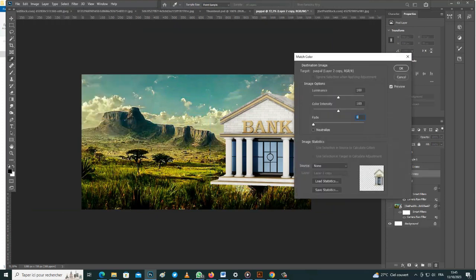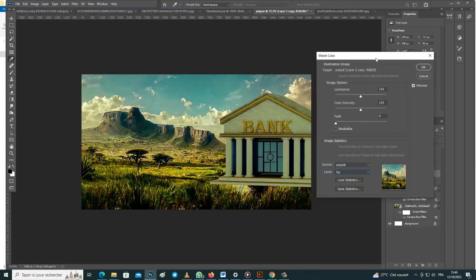So next I'm going to go to adjust, match color. I'm going to choose the workspace and equally the file I would like to match my bank to. So this is actually